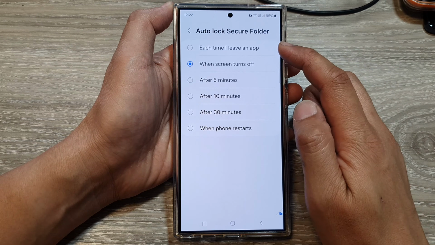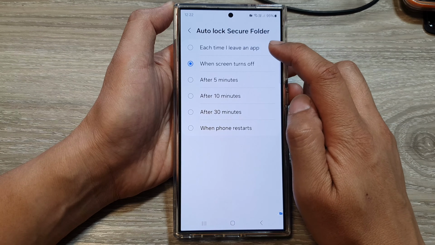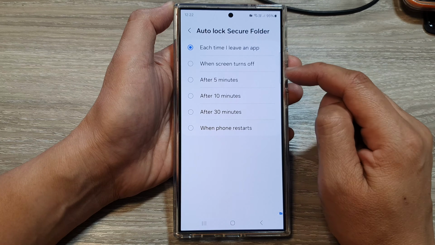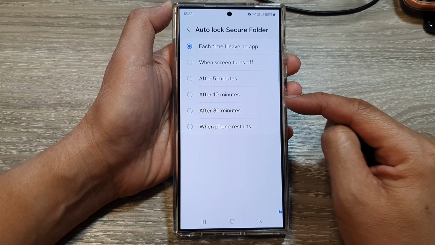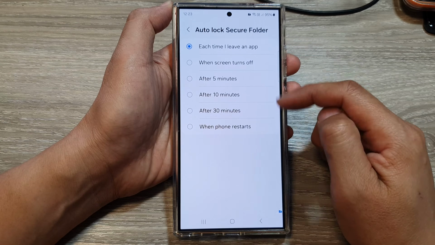In here, you can choose when to auto lock the secure folder: each time I leave an app, or you can choose when the screen turns off, or you can set a time duration after 5, 10, or 30 minutes, or when your phone restarts. So select one of the options,